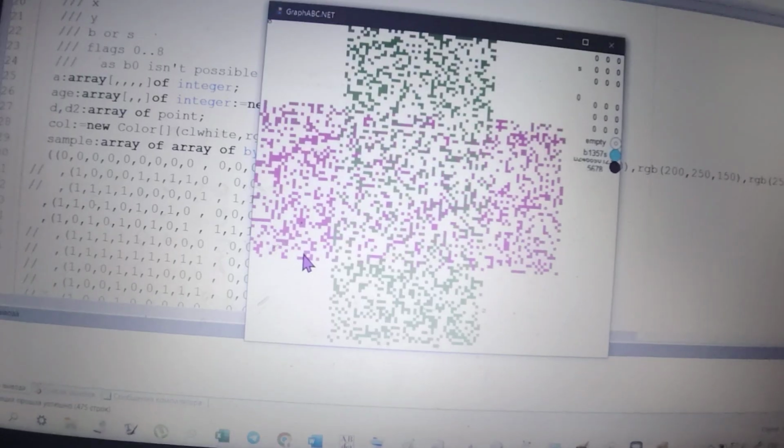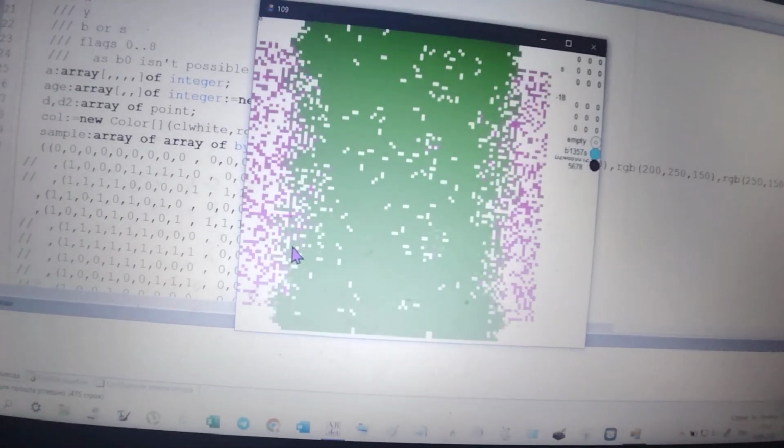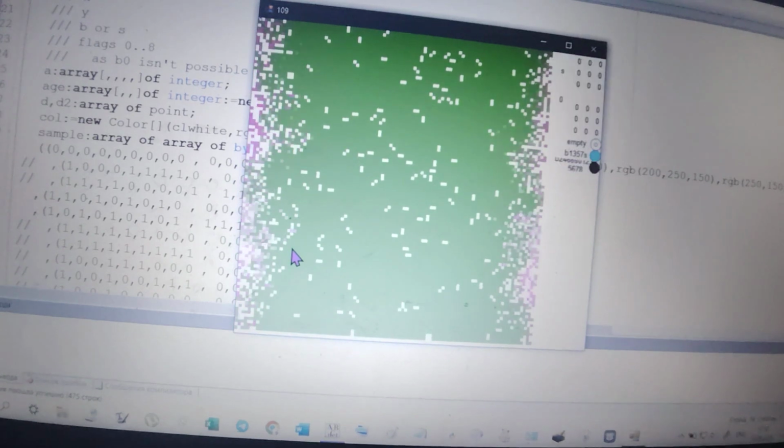And so whenever a cell isn't alive at the start of a turn, it seeks